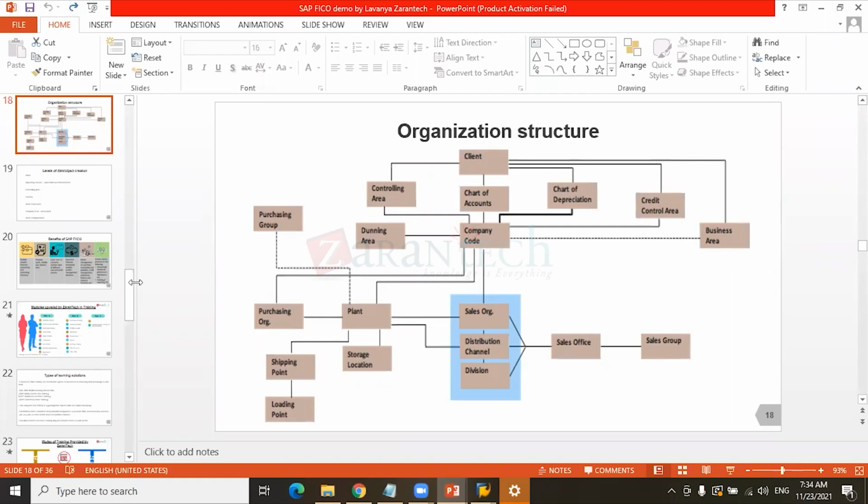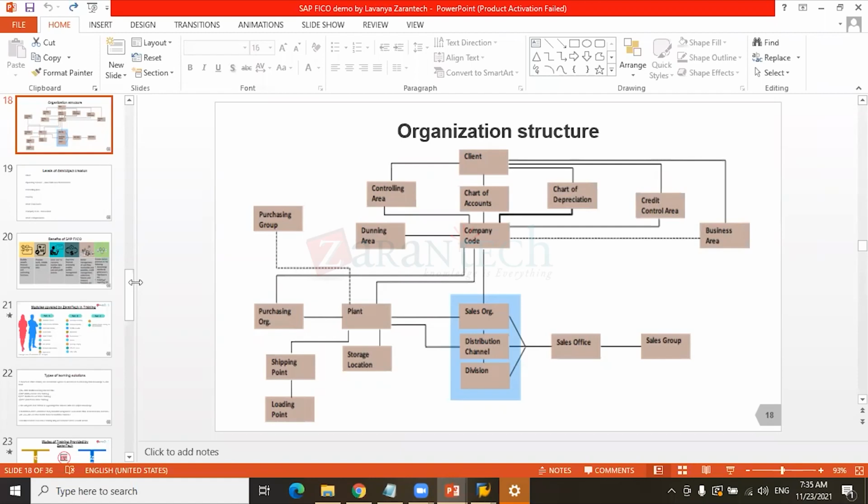FI consultant. I'm not saying FI CO, I'm saying FI consultant. CO is not mandatory, but still companies will implement. But FI is a mandatory module. Without the FI module, there is no SAP project at all. FI consultant is the very first consultant who is